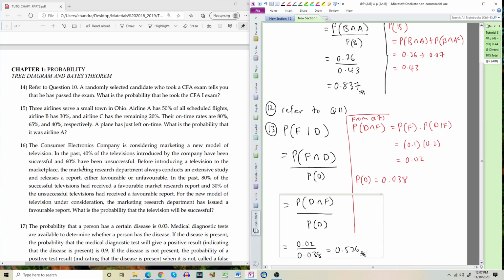Question 14, I leave it to you. Question 14, refer to question 12 or something similar to that. Try to do it, the method is the same. Question 14, I'll leave it to you. Question 15,